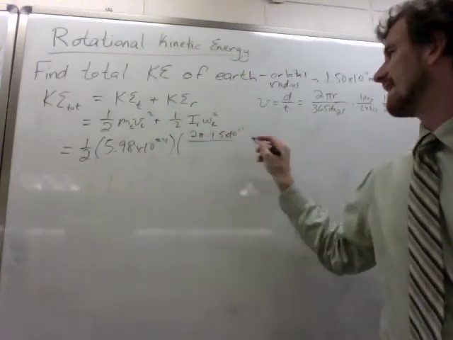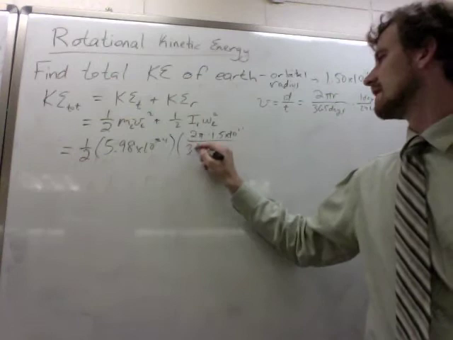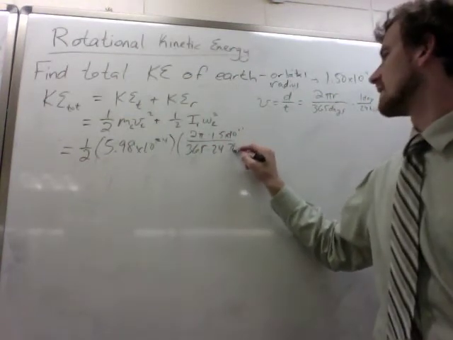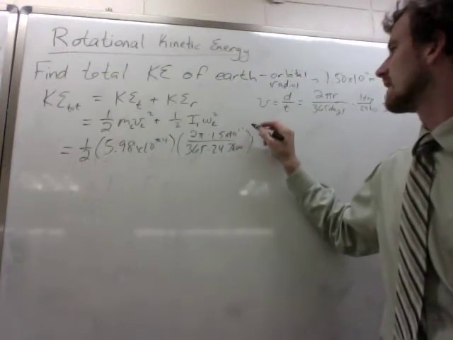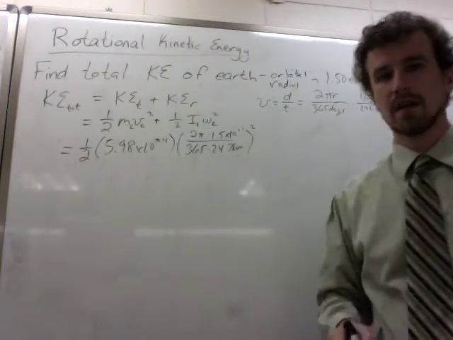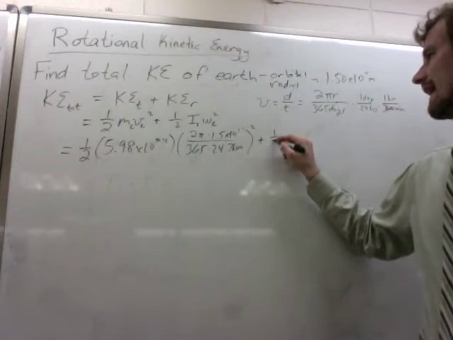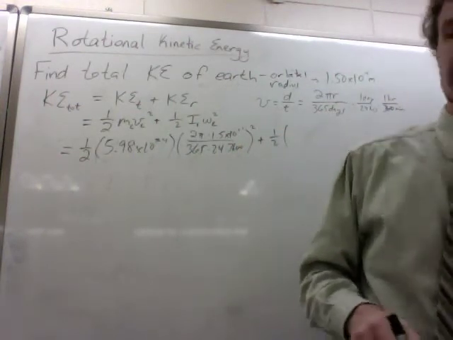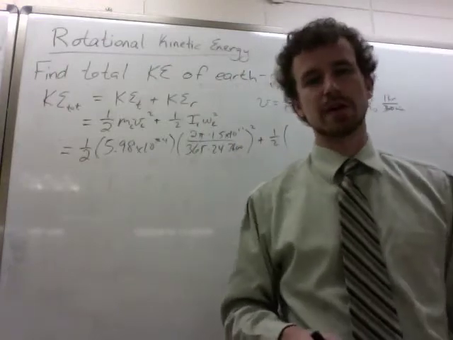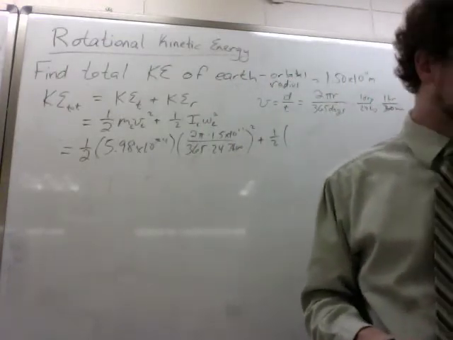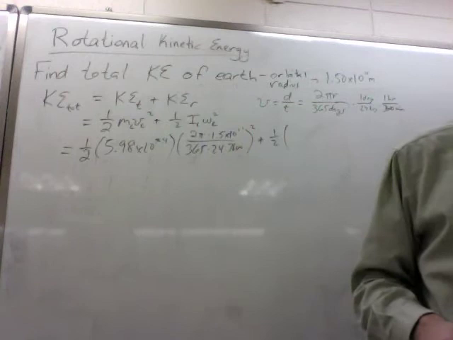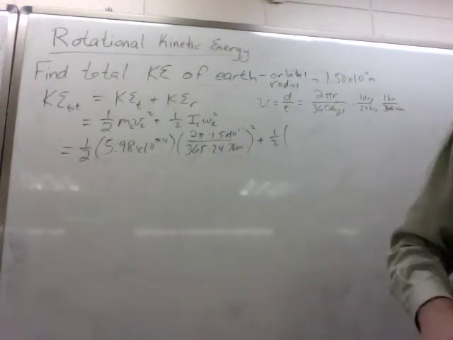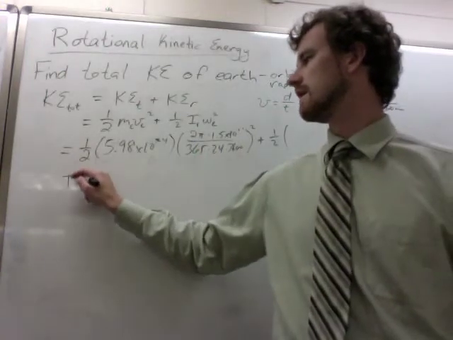2 pi r over 365 times 24 times 3,600. I guess that isn't too bad. Squared. Plus 1/2 the moment of inertia of the Earth. We can say the Earth is pretty much a sphere. And looking at our handy-dandy chart on page 314, we can see that the moment of inertia of a solid sphere is 2/5